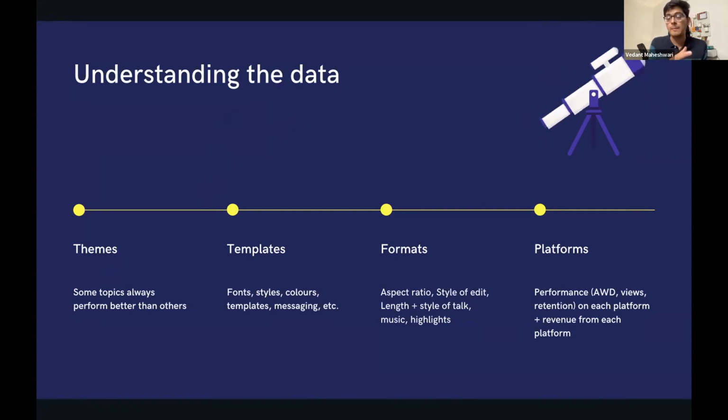There are going to be certain templates that people react to better, and the average watch duration of the first 5 seconds is better in that template as compared to other templates that you're using, right? How to identify that and how to work on it. What is the music that you're using and how is it affecting this? What are the highlights that you're using and how is that affecting this? And of course, what are the metrics that each video is driving? That becomes supremely critical for you to understand how to optimize for those metrics and how to grow your channel, right? So you've got to understand all this.